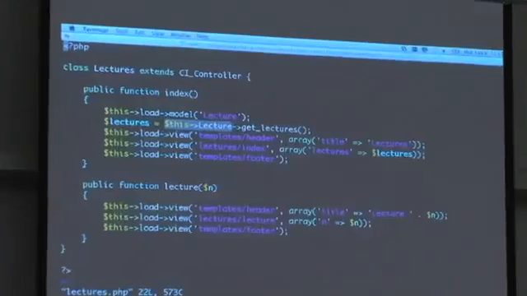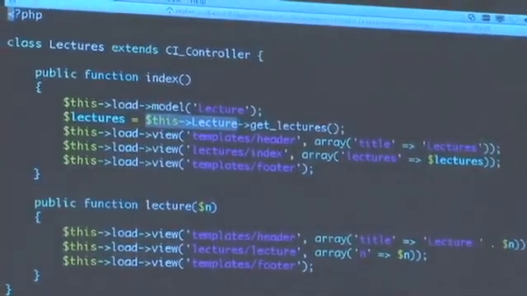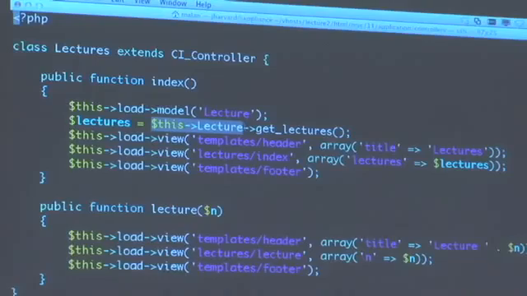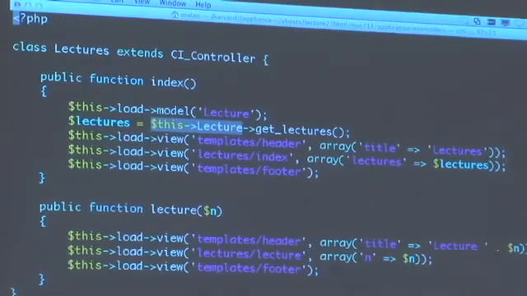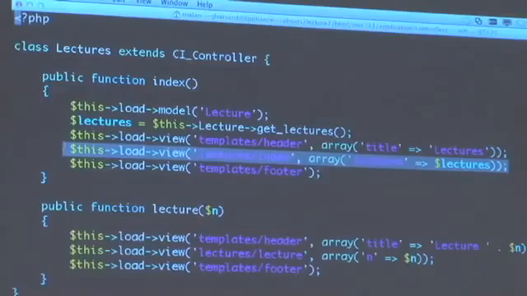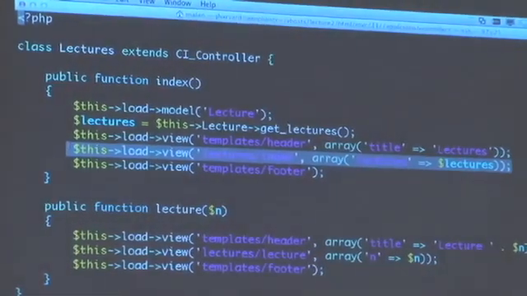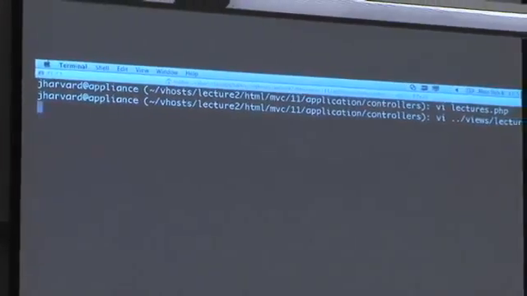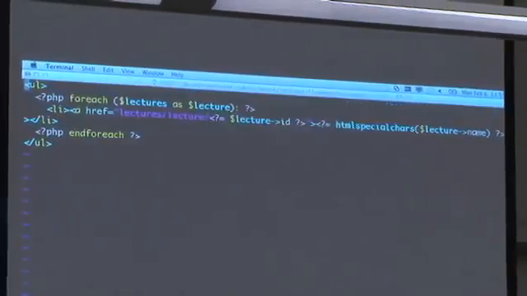There's a method inside of it called getLectures. And what that does is it returns an array of objects. And each of those objects represents a lecture. And inside that object is going to be an ID and a name for the lecture. All right, and thereafter, what am I doing with it? Well, I'm going to do the same exact thing as before, where if I want to alter the functionality of my view, I just have to pass in more data. So this time I'm passing in data in the form of this array called lectures. And so if I now look in my view, let me go into views, lectures, index, notice that